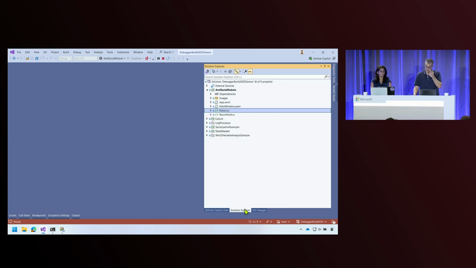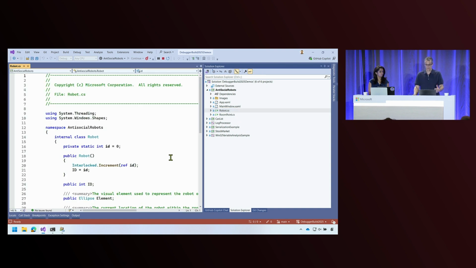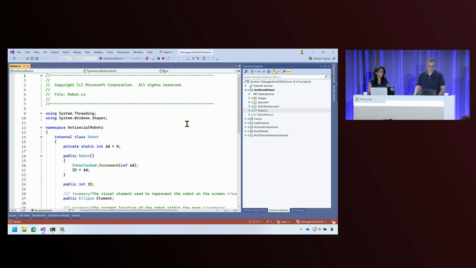OK, so the first thing we're going to do is obviously try to locate where the problematic code can be. There are a number of ways you can do this. Let's just say you want to explore the project and find out where the core classes are and how they work, which is fine. I mean, this code base is not big. We can do something like this, like browse the files that look to be interesting.